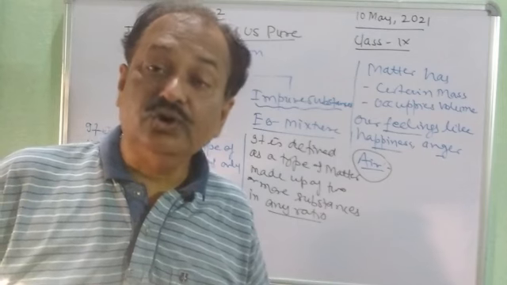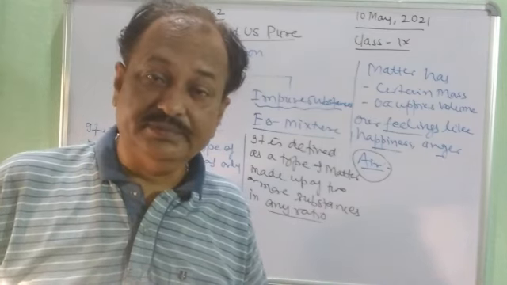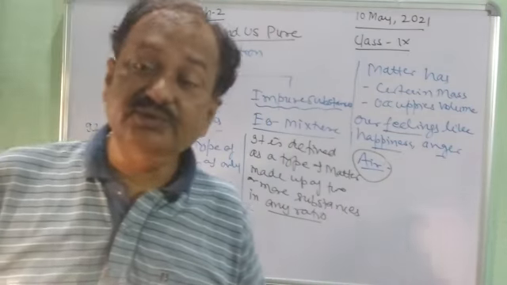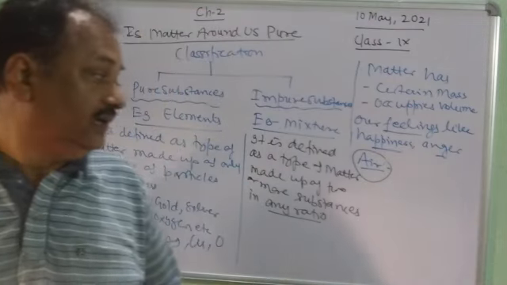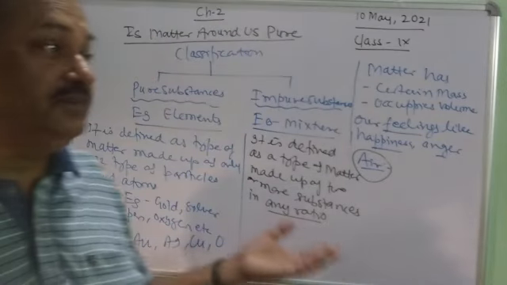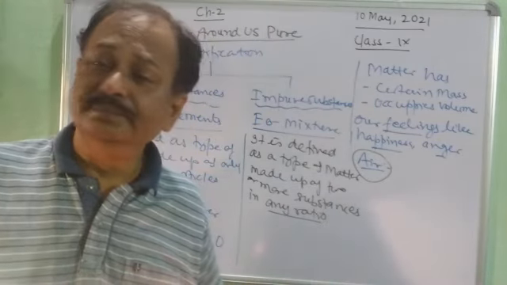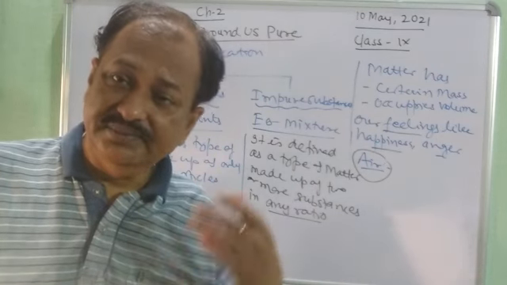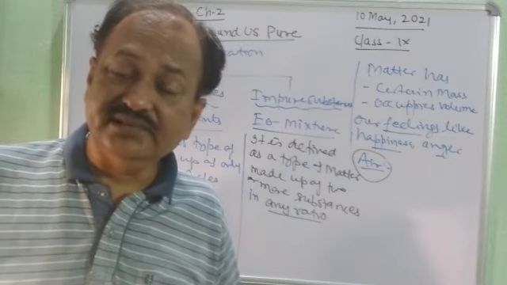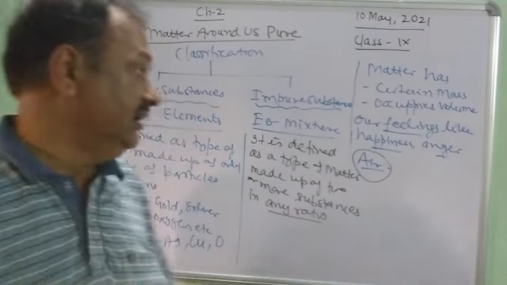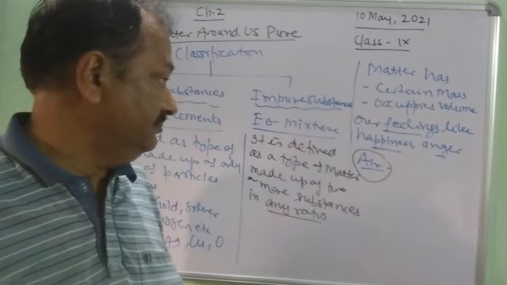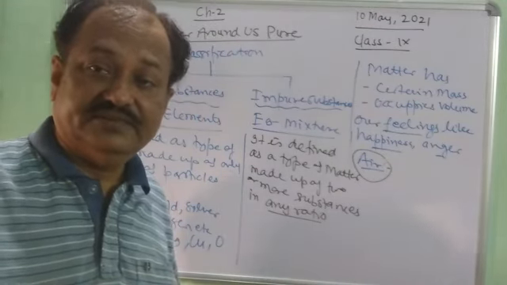Similarly, when there is a desert storm, or wind is blowing very fast, the wind has a lot of dust particles, so the quantity of dust will be much more. So we say that air has different composition. Same is the case with milk. Milk varies from animal to animal. Cow milk has a different taste and is slightly thicker. Buffalo milk has more density. So this is about the element and the mixture, and this is the basic classification.